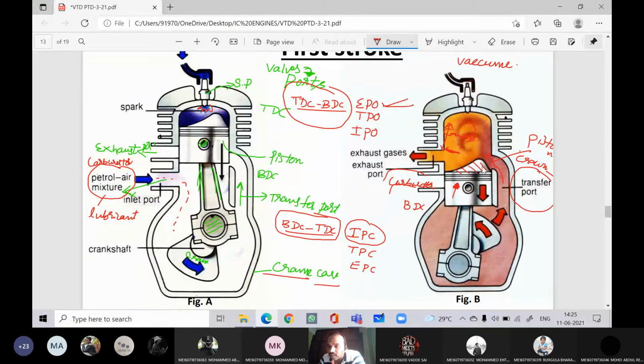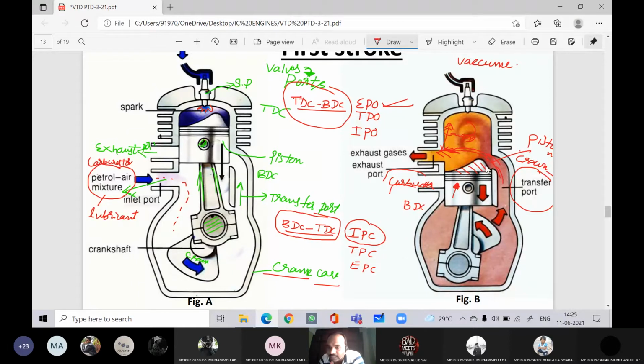One reason is if there is no crown over here, the charge that is entering into the engine cylinder may escape through the transfer port. There may be chances that some part of the air fuel mixture can escape to the atmosphere through the exhaust port. Is it okay? Yes, sir. Because both the ports are opened simultaneously, there may be chances of the air fuel mixture escaping through the exhaust port without burning. That is the one reason. The second reason is